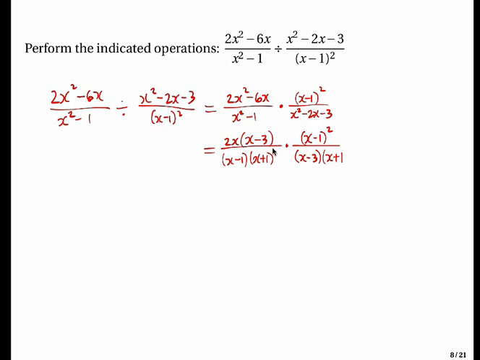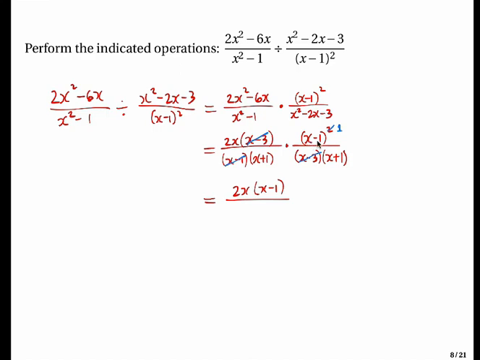And here, we see that we can cancel x minus 3. We see that we can cancel x minus 3 here and x minus 3 here. We also see that we can cancel the x minus 1 here and one of the x minus 1s in here. So we still have power 1 here. And therefore, this can now be written as 2x times x minus 1 divided by, so 2x,